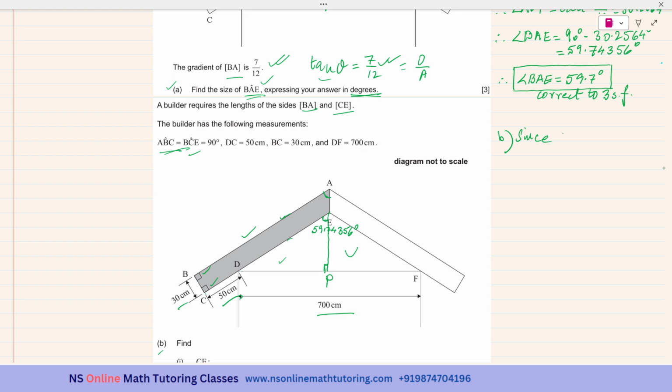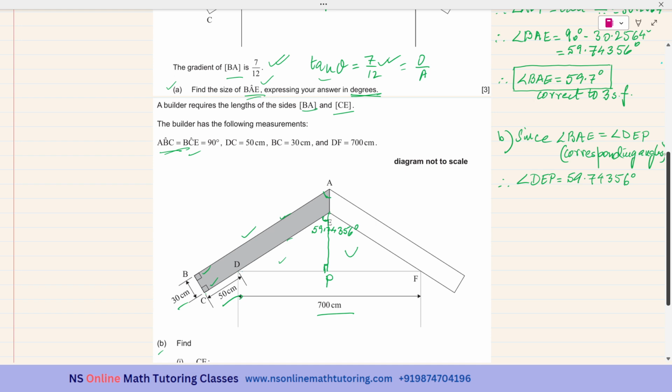Since angle BAE is equal to angle DEP, corresponding angles, therefore angle DEP is equal to 59.74356